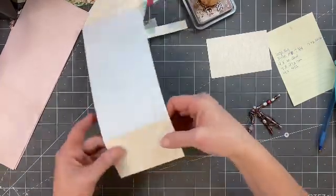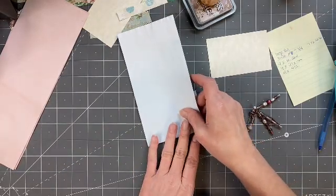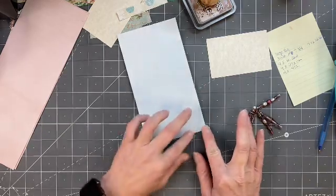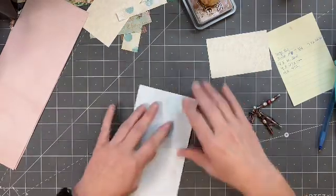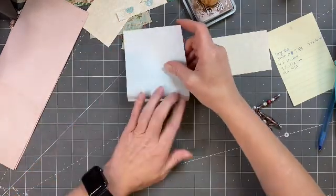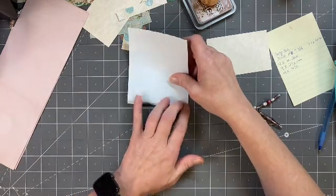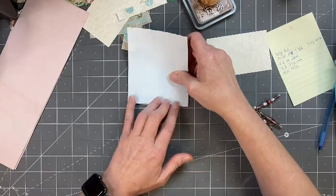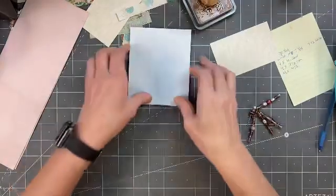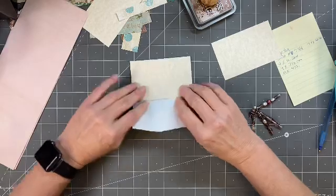Okay, so then what I do is I just accordion fold it. Oh, and this is cabbage dye paper in case you're curious. Red cabbage. Isn't it funny how it turns out blue? You would think red cabbage would be kind of a maroon color. Nope, it turns blue. And as long as you get close or right at there, it's okay. Okay, so then